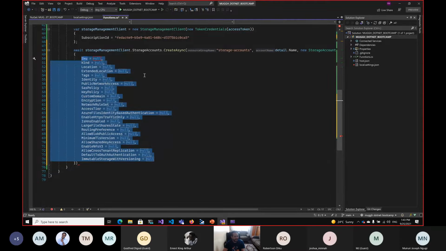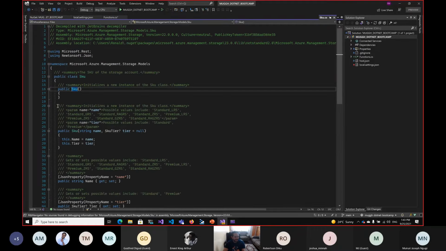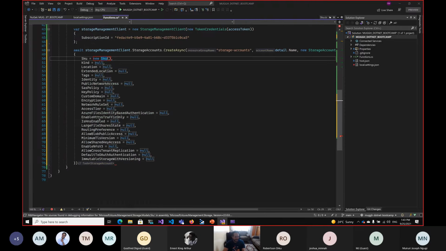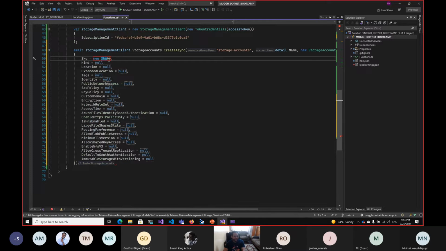I would just need a few items. So SKU is needed, so I'll just say new SKU. And if it happens that you forget what a certain parameter means, you can hit F12 and it'll summarize what the possible values are. So for example, I want a standard LRS, and that I would need to add into the name. So new SKU and just say